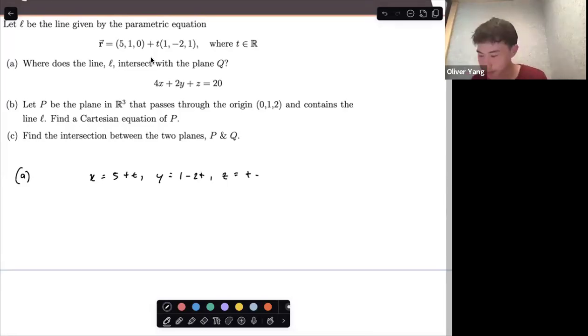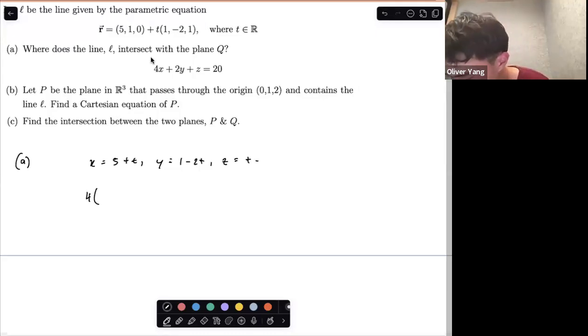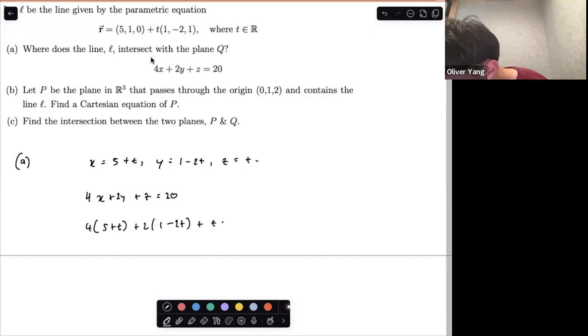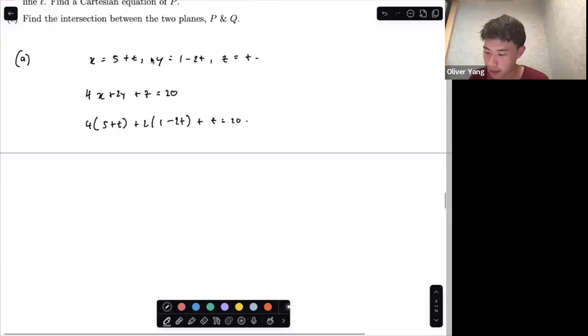z equals t. Okay, so now we just sub it in, right? We sub our Cartesian equation of a line into our plane. So we get 4x plus 2y plus z equals 20. Then we just sub it in. So 4 times 5 plus t, plus 2 times 1 minus 2t, plus t, right, equals 20. And then this becomes,